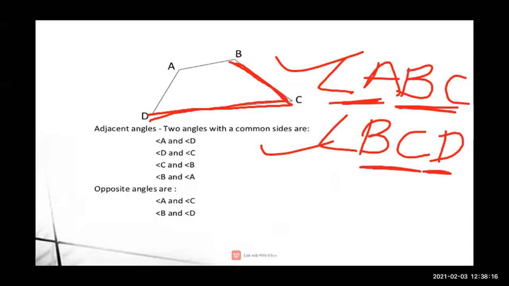So angle A and angle D are our first adjacent angles. Here you have to write only the angle name, that is angle A and angle D. If you write angle ABC and angle BCD, that is also right, but don't write that in full. You just give the remaining part, that is angle A and angle D. Okay, now we will take another.